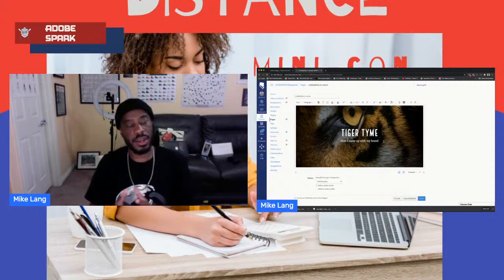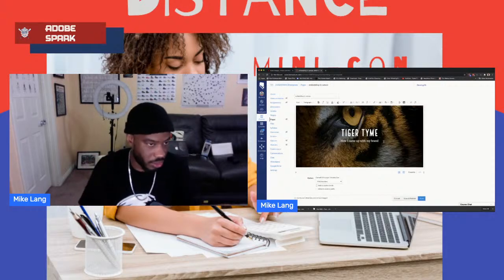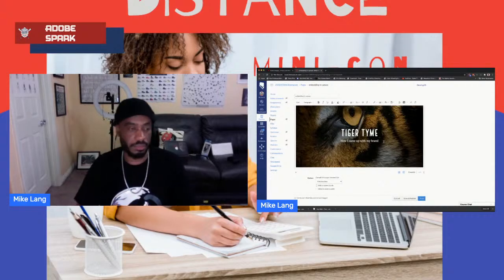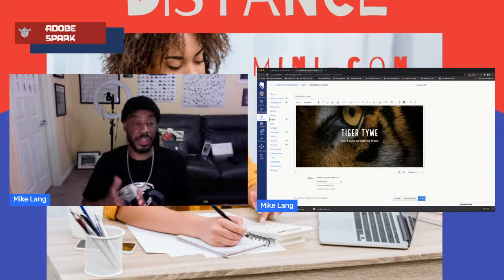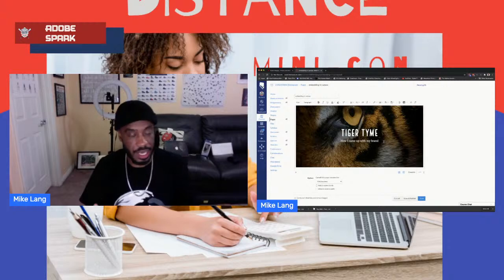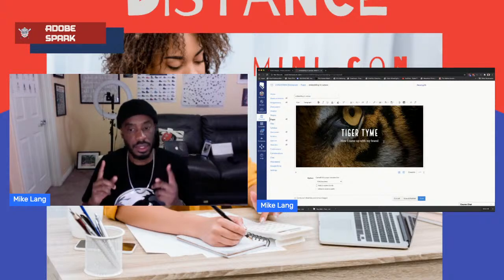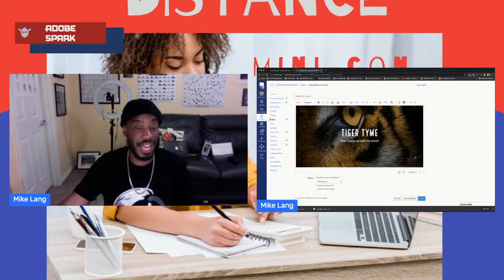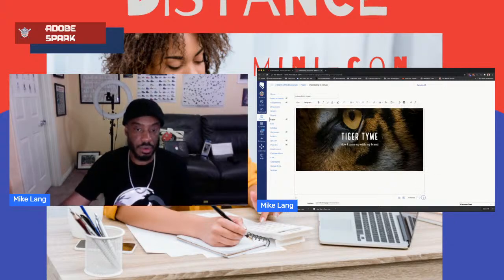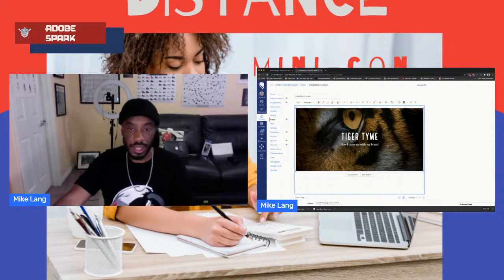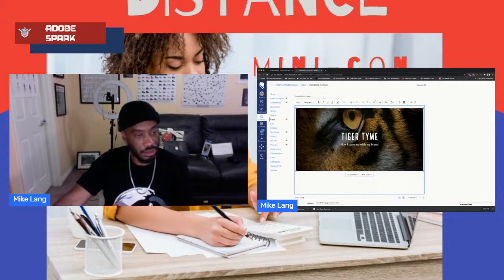So if you're at a school in which the administration is like, we're going Canvas and you can't use anything else, building things in Adobe Spark, building things in some of the third party tools that we're going to be looking at tomorrow, and making those pages instead of trying to figure out all of the stuff inside of a Canvas, this is going to give you a lot of bang for your buck and a lot of wow. Your students are going to be so like, oh my goodness, you made that? That's amazing, Miss So-and-so. Yep, it took me all of 10, 15 minutes to do, but it makes you look